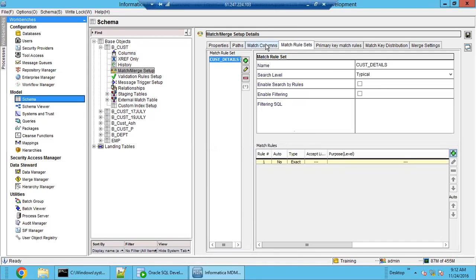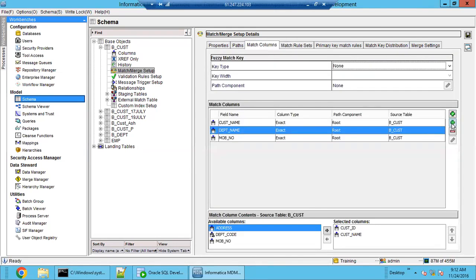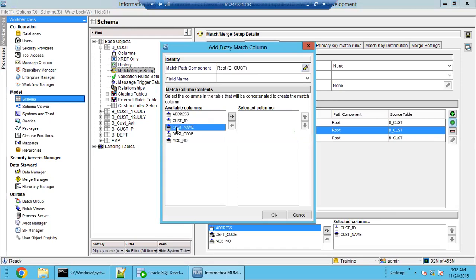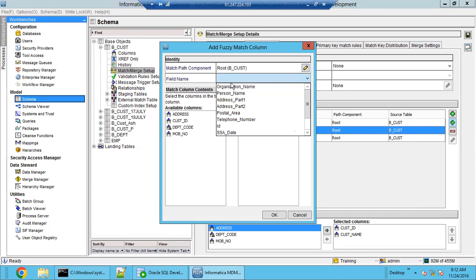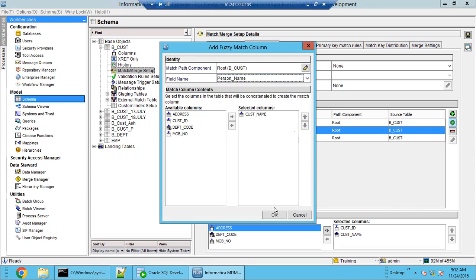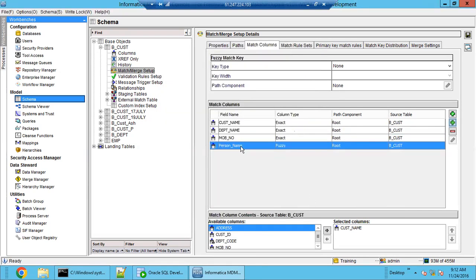Okay. Now let's come here. Let's define some fuzzy columns also. Suppose for customer, I am taking a fuzzy column and I'm giving it a name related to person name. Press OK. So this person name,